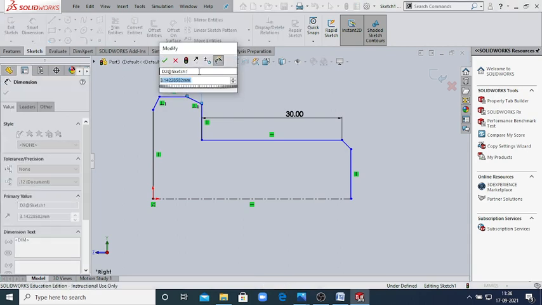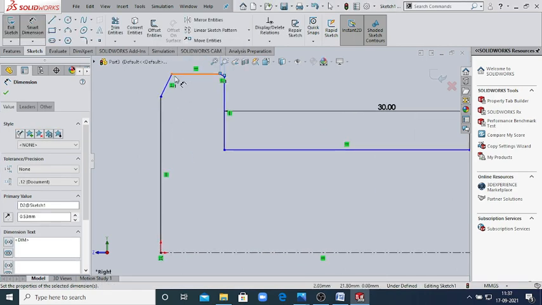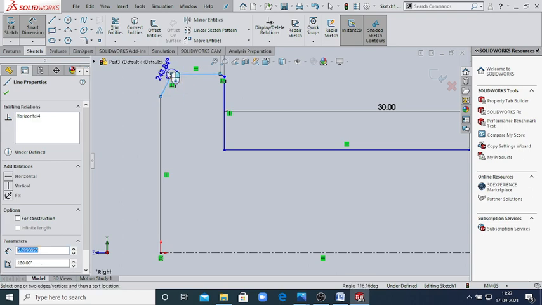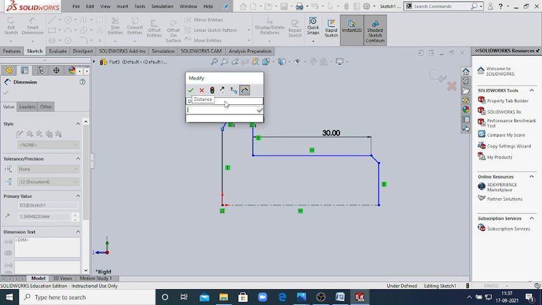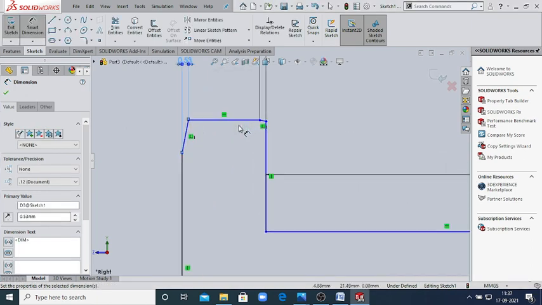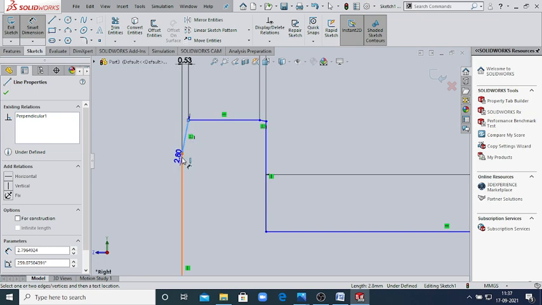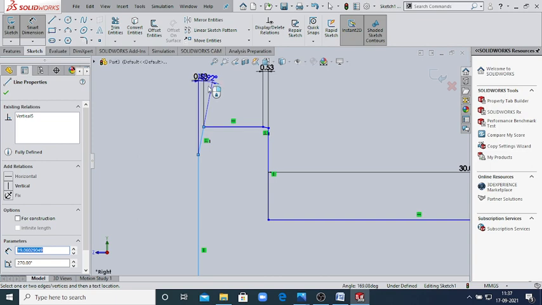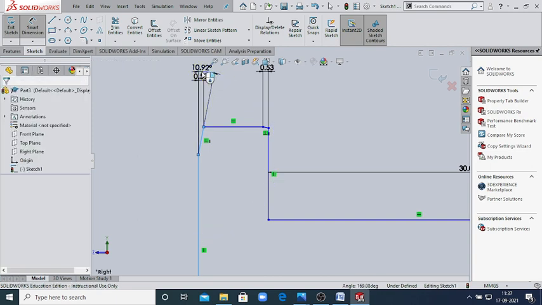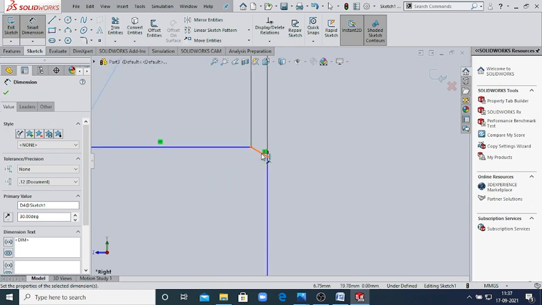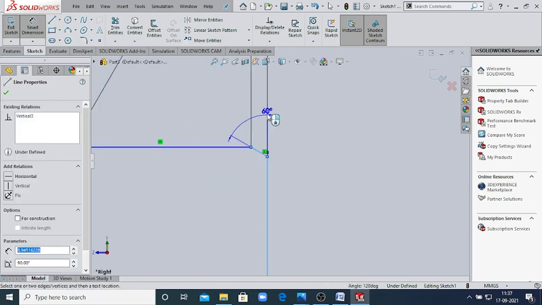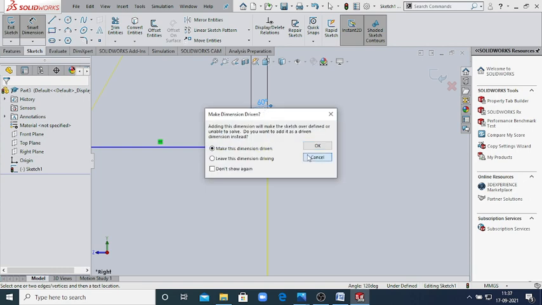This one is 0.53 and same this one is 0.53. And the angle from this line to this line is our 30 degree. Same here will be the angle is 30 degree according to the calculations.